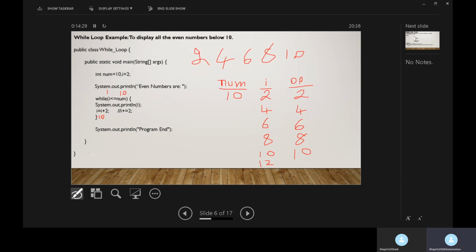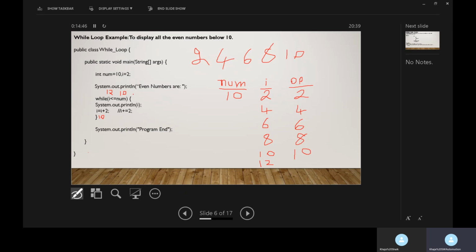It is the end of the loop. At the end of the loop, again the condition will be tested. I is less than or equal to num. I is having value 12 and 12 is less than or equal to 10. 12 is not less than 10 and at the same time 12 is not equal to 10. So here the condition is false.